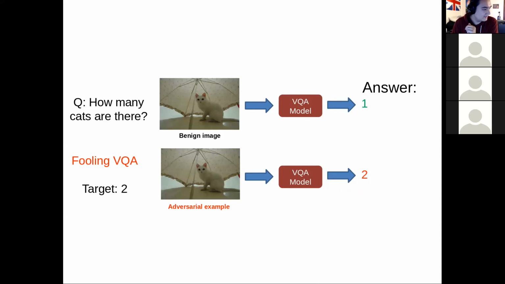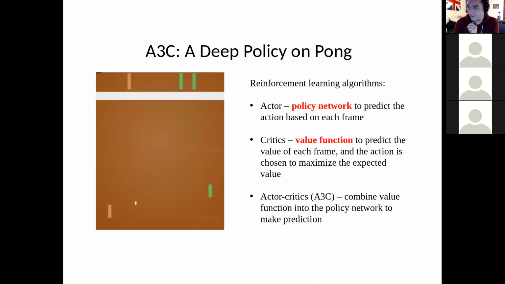Okay, and we'll move on to one more example. We can actually attack reinforcement learners as well. Reinforcement learners are designed to take an input image or an input state and pass it through a policy network or a value function in order to determine what the value is of taking a particular action, whether it's moving up or moving down. We can actually attack these networks with noise